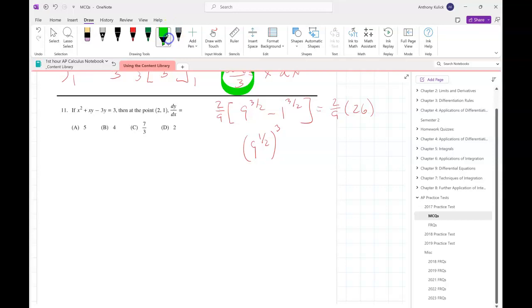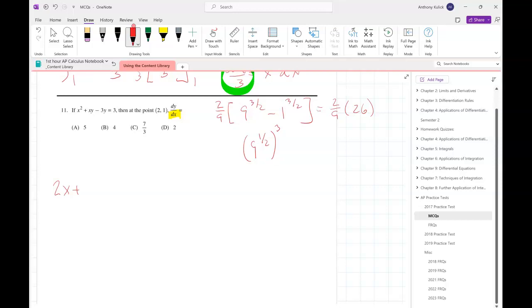So the problem tells me we're differentiating with respect to x. When I take the derivative of the x pieces, I don't have to do anything special. But when I take the derivative of the y's, I also have to create a dy dx. So I do use my derivative rules, but I also create a dy dx. So the derivative of x squared is 2x. The derivative of xy is,